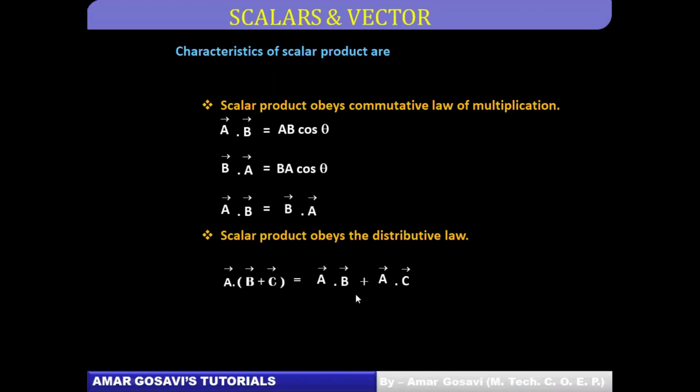Now, if you can distribute it this way, such a law is called the distributive law, and scalar product obeys the distributive law, friends. So this is again an important characteristic we have studied regarding scalar product. So two important characteristics: first, it obeys the commutative law. Second, it obeys the distributive law. Hopefully you understand what it means, and more importantly, why it is called scalar. We will talk about that also in the later stages. Please make a note of it and let me know before we try to understand the other characteristics of scalar product, friends.